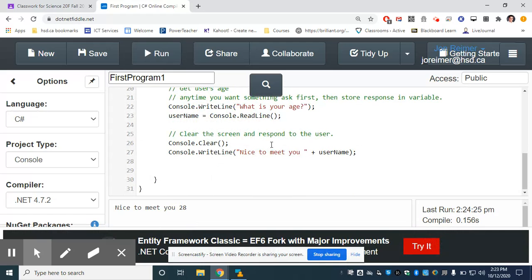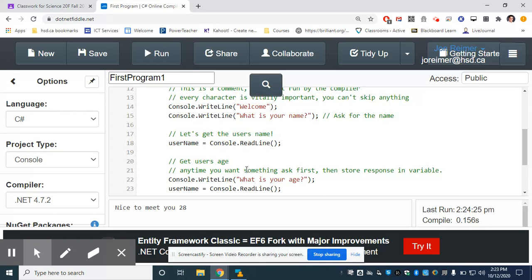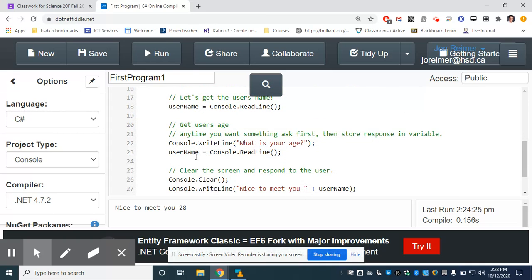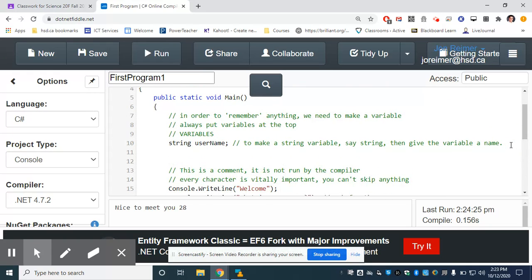What? But I wrote John as my name and my age, I wrote 28. But I stored it in username. So whatever I originally wrote in username after they asked my name got overwritten with my age. Okay, so I need a new variable. And so to make a new variable, what I'm going to do is I could do this string age,